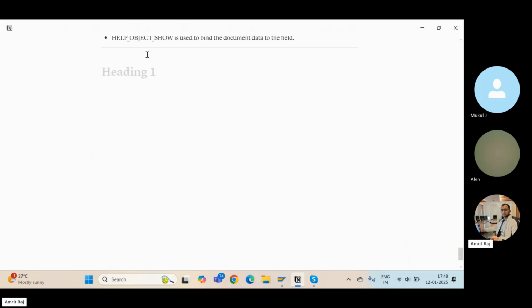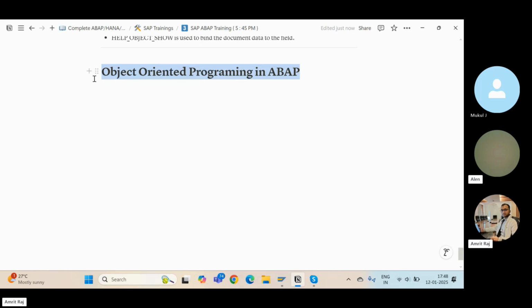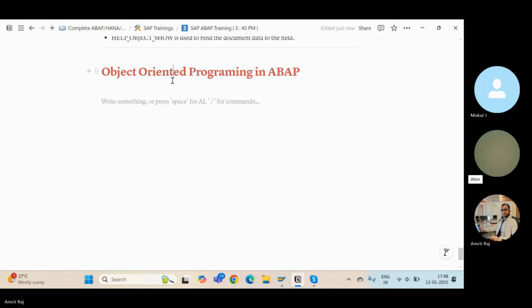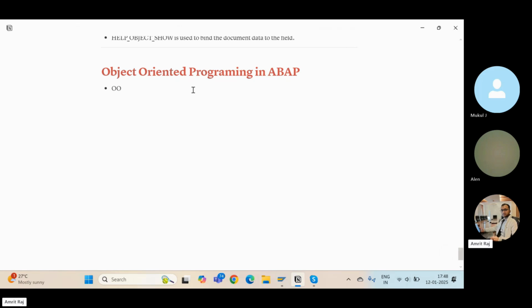Object-oriented programming system, or object-oriented programming in ABAP. What do you guys know about object-oriented? There are classes. Yeah, classes, good. Classes are like blueprints for objects. That's good. So OOPS, also known as OOPS,